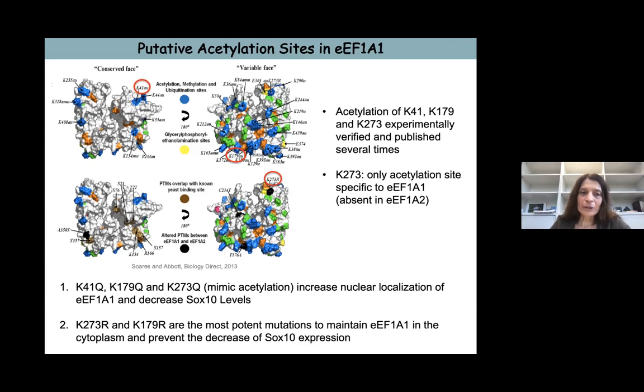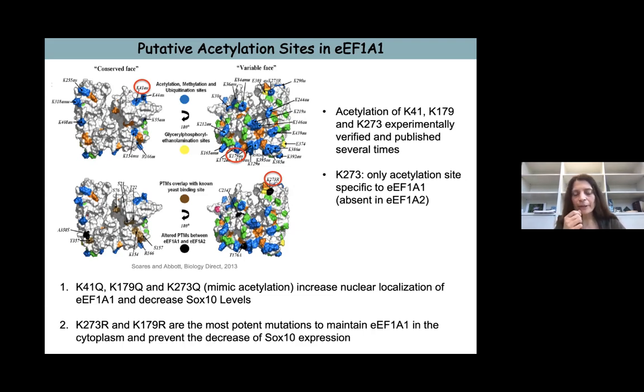So what we found, I'm not going to show you all the experimental details. So what we found when we mutated the lysine into glutamine, which mimics acetylation, is that any lysine-to-glutamine mutant actually had an increased nuclear localization. So any acetylation site led to more nuclear localization of EF1A1 and also decreased the levels of